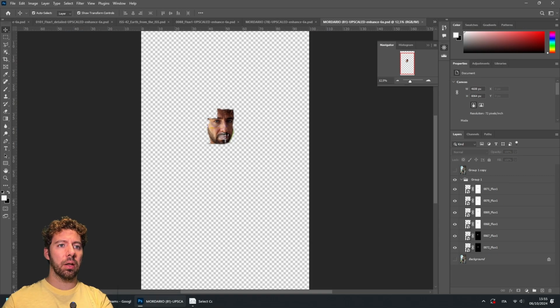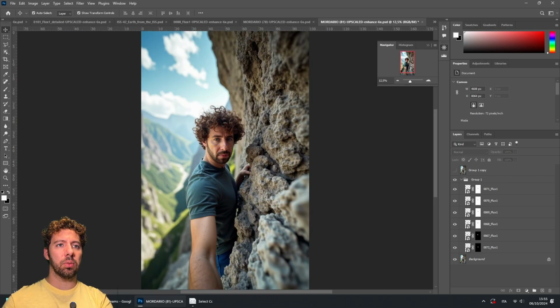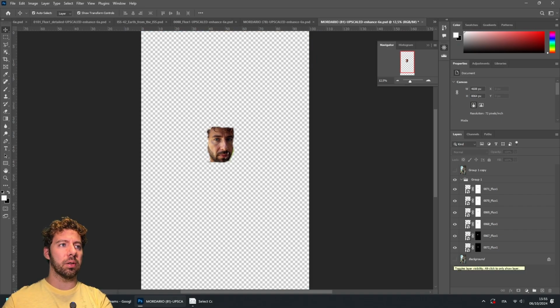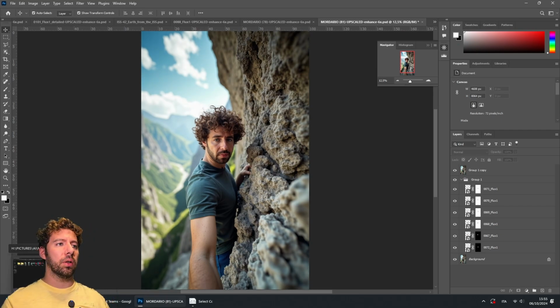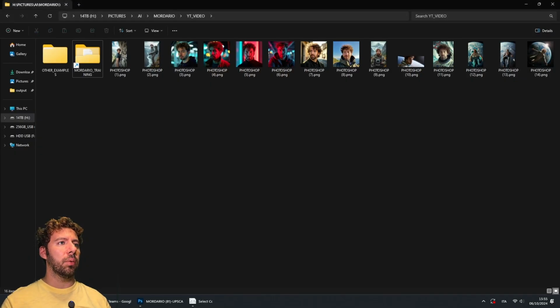Last one, I think. Yes, this is the last one. As you can see, this is the original. This is the face replacement at this point. This is basically a replacement, and this is the final version. That's it. So this is the workflow. If you like it, you can try to do the same. I think you will get very nice results. At least I'm getting nice results, and I will show you some more